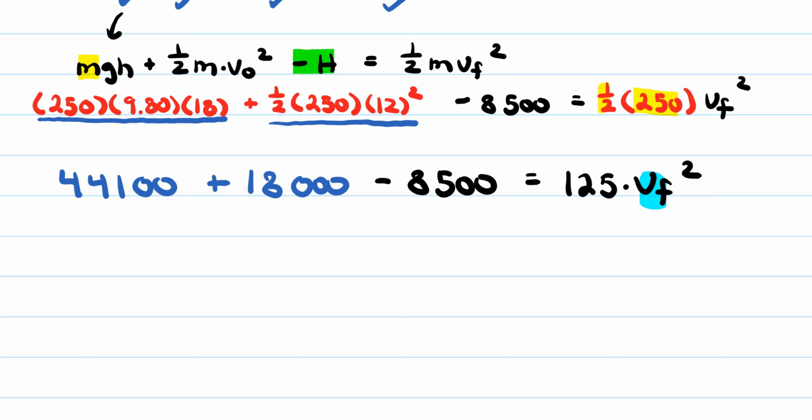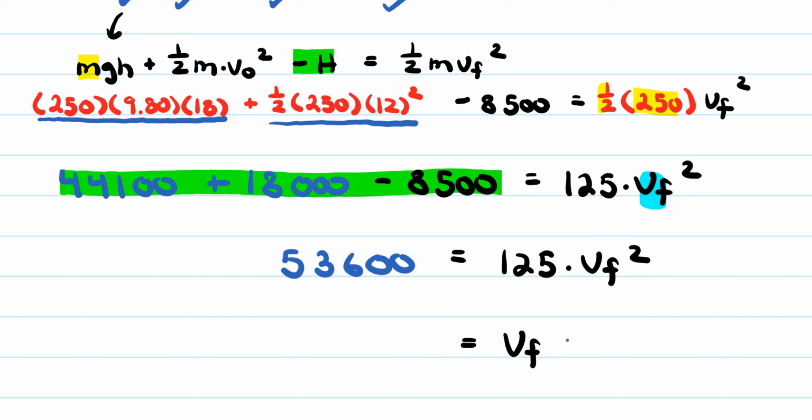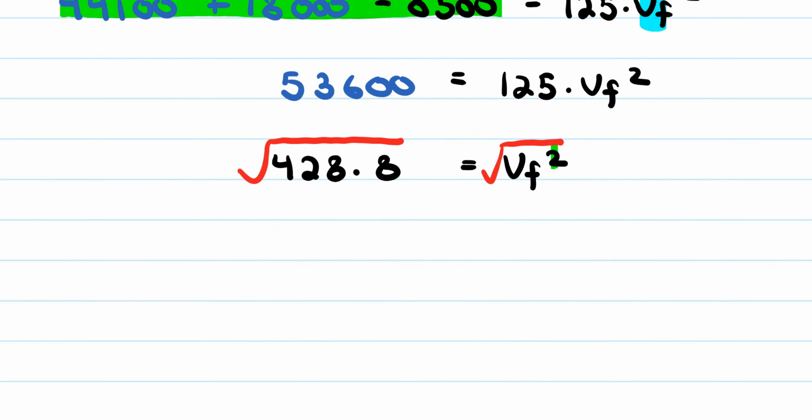Okay, if I go ahead and continue here, if I add up these two numbers and then subtract the heat energy, I get 53,600 joules, and that's going to equal 125 times my final speed to the power 2. Then I can divide both sides by 125, so on the left hand side I get 428.8, and then to get rid of this power 2 here, I can simply square root both sides, and then on the right hand side I finally have my final speed, and this is going to be equal to